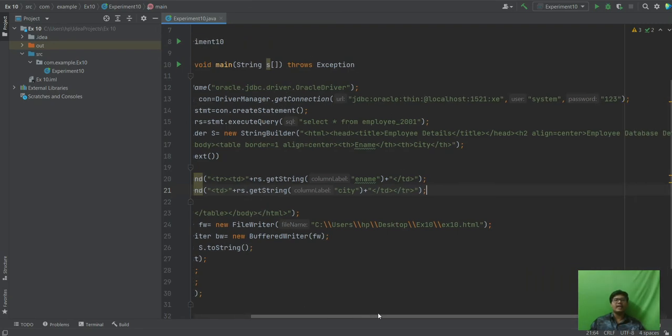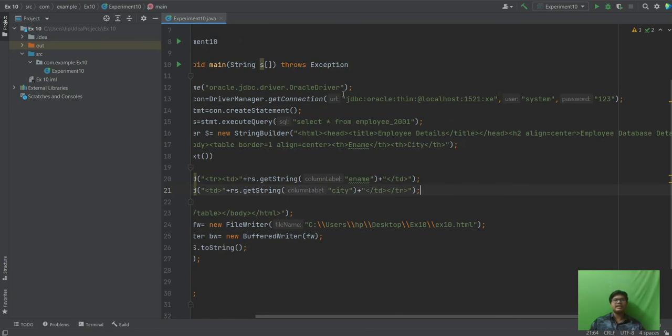So this is the URL, that is jdbc:oracle:thin:@localhost:1521:xe. So this is the URL. This is the username, that is system, and the password, that is 123.